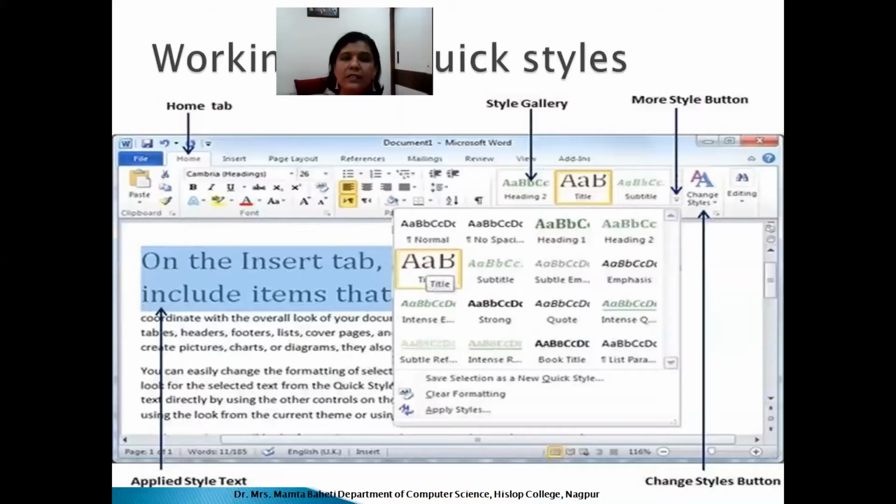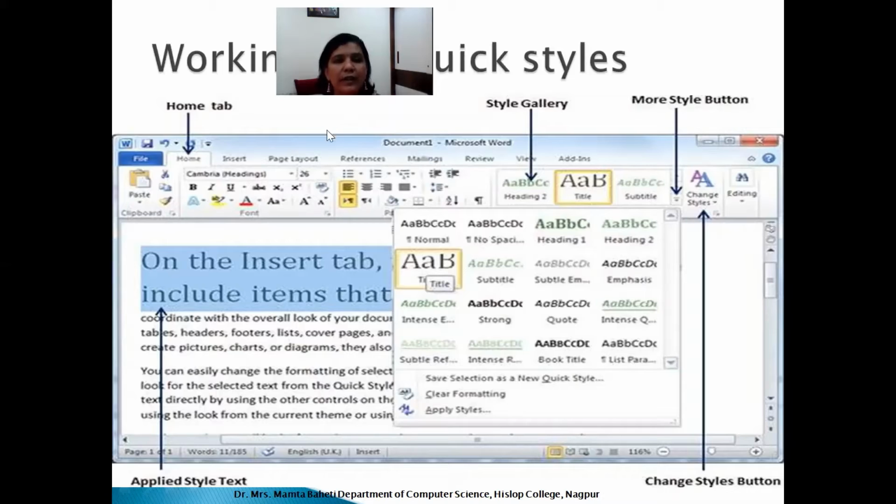Quick styles are formatted text, or you can say a template. Just by clicking on it, all the formatting settings, like what the color should be and what the spacing should be, whether it is a title, a subtitle or a heading, can be made workable there.